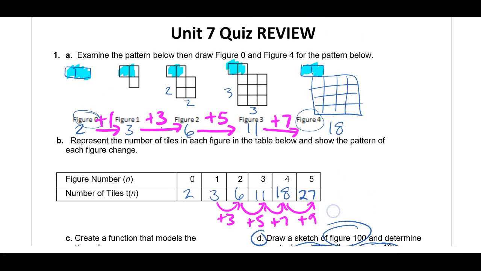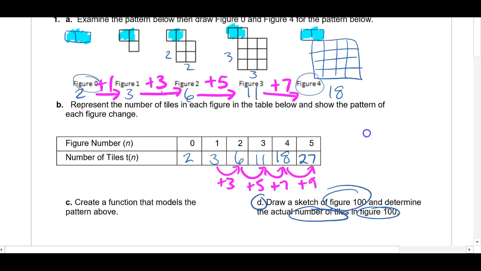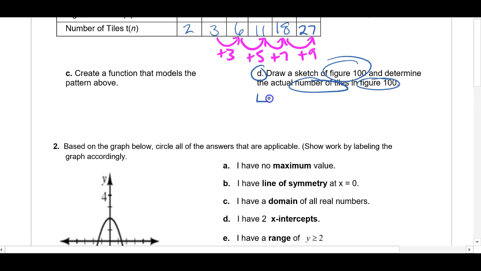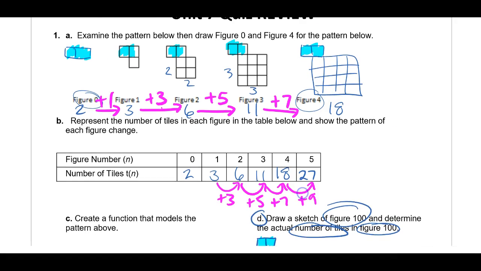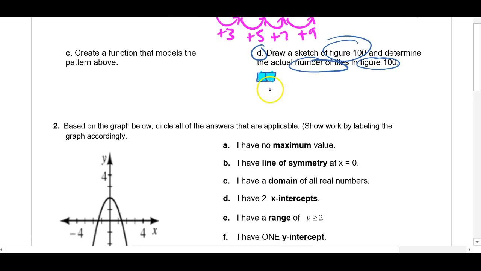Now going back up here, I remember that each of these figures all had the 2 boxes. So that means this figure 100 should have that same 2 boxes. And again, I'll highlight that blue, just so we don't forget it. Okay, now, if you notice that figure 2, the dimensions of that square were 2 by 2 because it's figure 2. And then figure 3 was 3 by 3 because it's figure 3. And figure 4 was 4 by 4 because it's figure 4. So that means that this figure